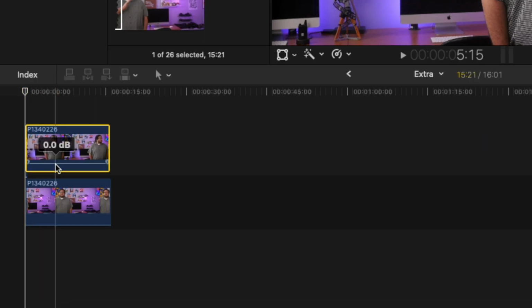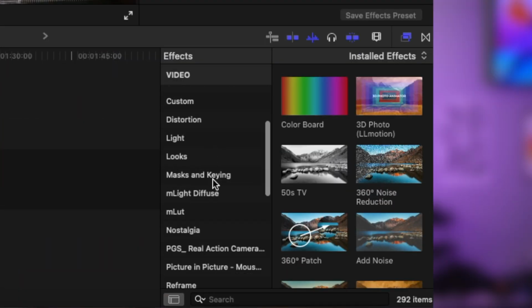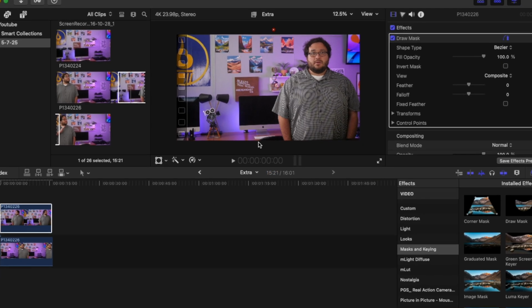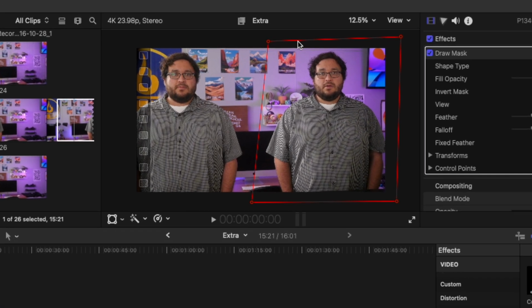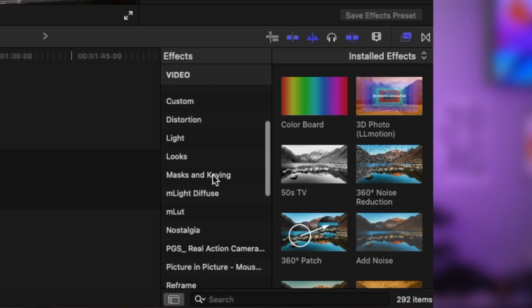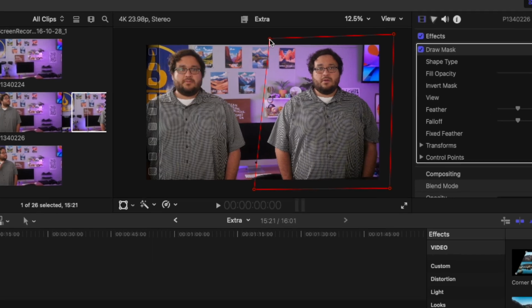Line both clips up on top of each other, scroll over to the effects panel and select mask and then draw mask. This will allow you to use a pen tool to draw this box around half of the image. At the most basic level, that's all you have to do. Both sides are shown on the screen, and now it looks like there are twins. All you have to do is select that masking effect, draw that box around